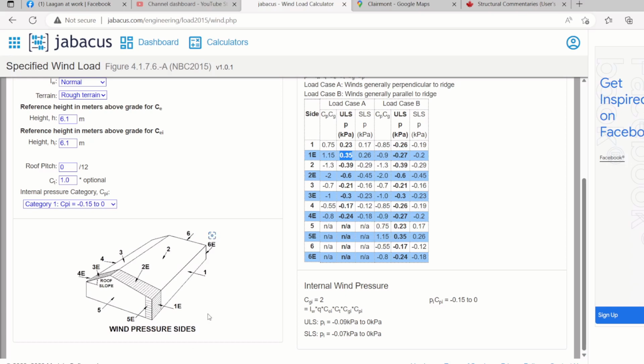And then when you calculate for the envelope, it will calculate whichever produces the worst possible scenario or the biggest reaction. So on this one, 1E is assumed to be our windward, and 4 is assumed to be our leeward. So if you have a regular structure, for example,